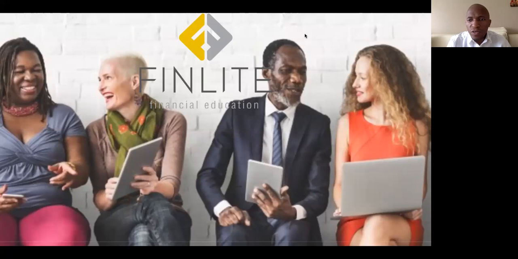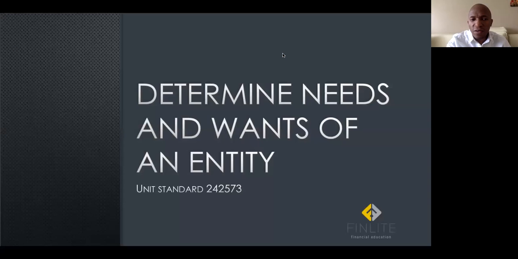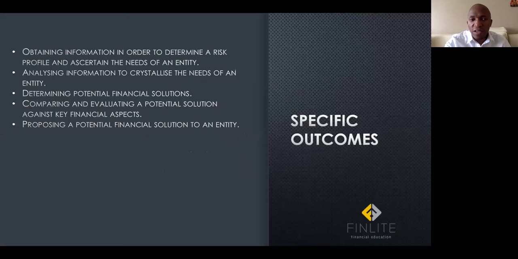Now let's look at the unit standard on needs and wants of an entity or of an individual. That is unit standard 242573. And this unit standard covers obtaining information in order to determine the risk and profile to ascertain needs of